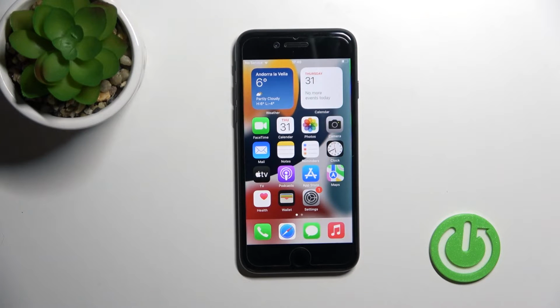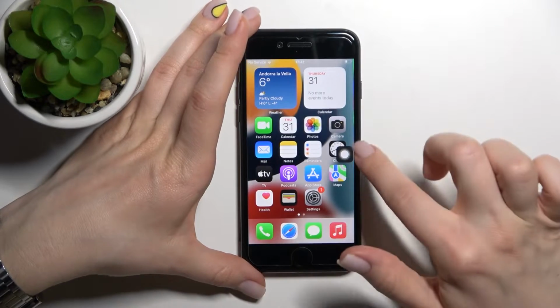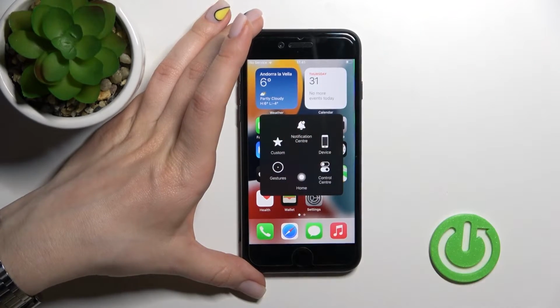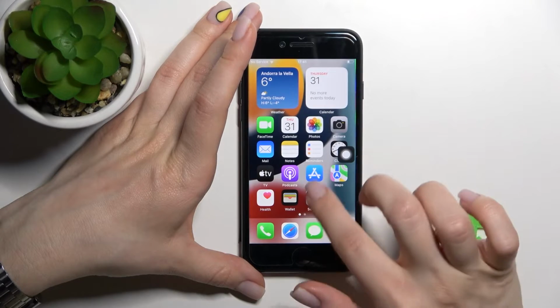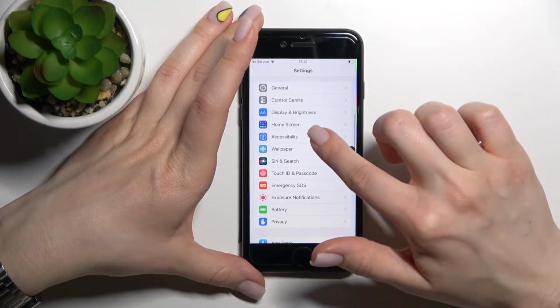Today in front of me is the new iPhone SE 2022, and I'll show you how to disable quick launch on this device. So now, by triple-clicking our home button, you can see that I can activate the AssistiveTouch, and if you want to turn off this feature, you should click here into the settings, scroll down to the